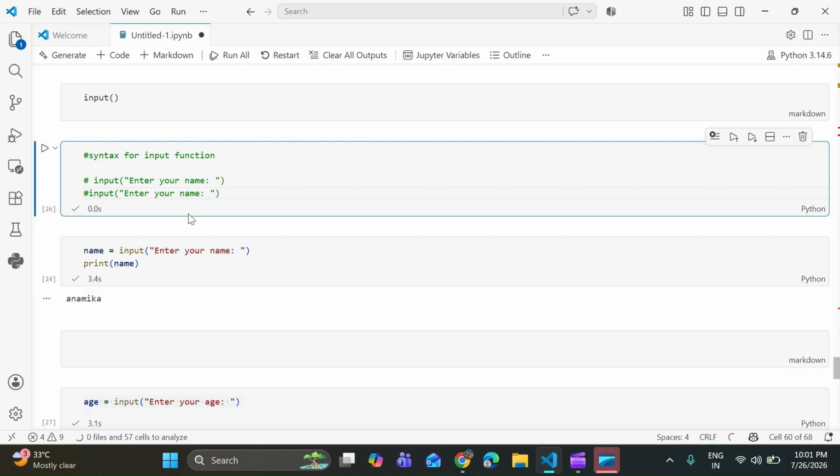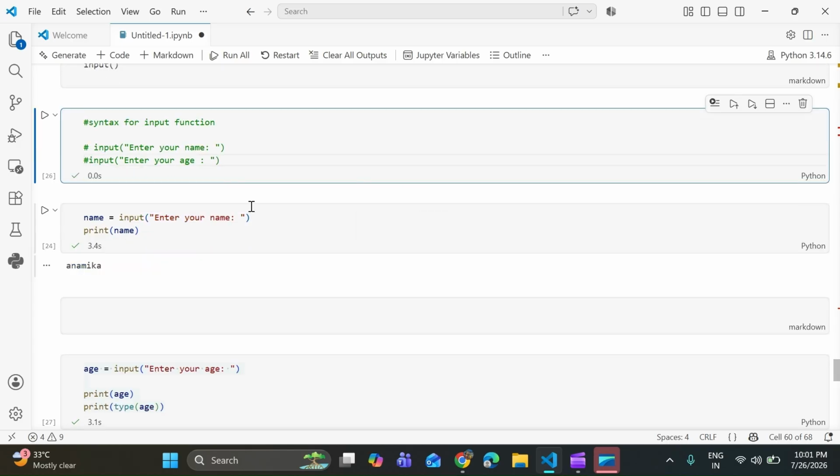You can pass anything you want, like age, price, product price, address, or anything you want from the user side. So here I write the program using print for the input function.